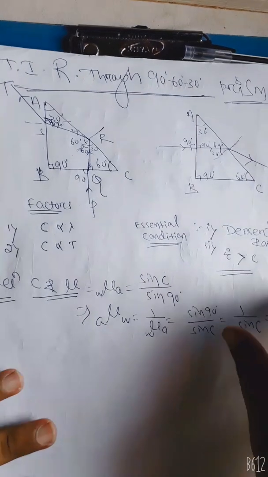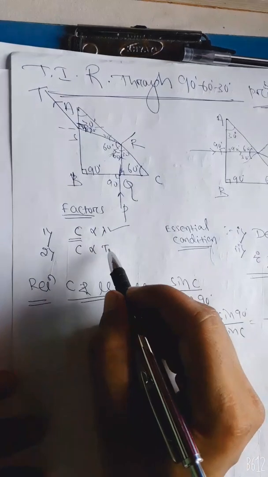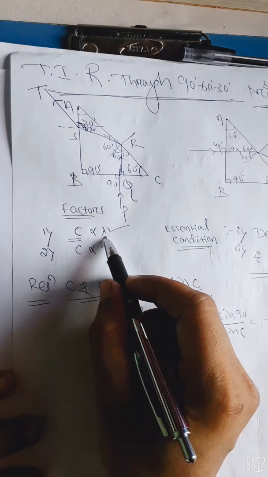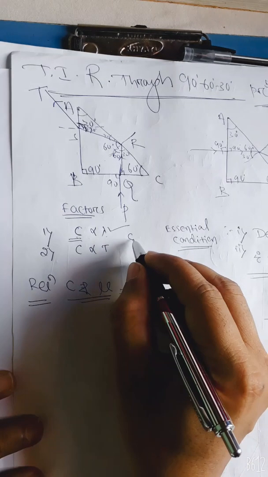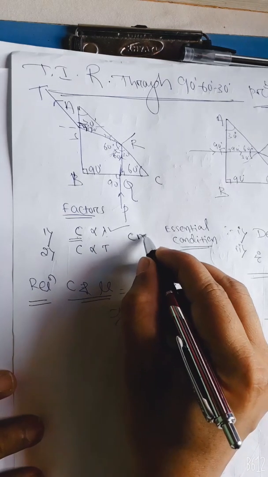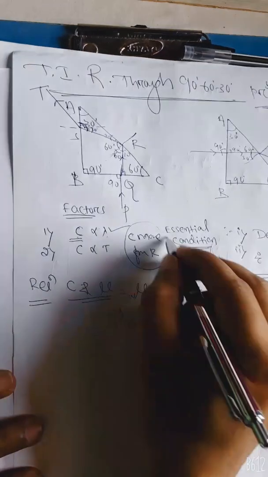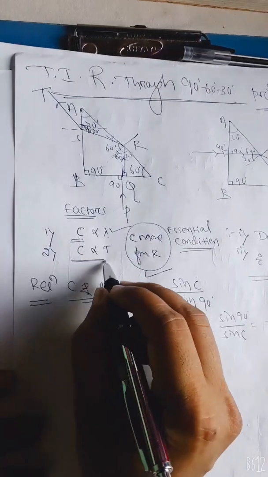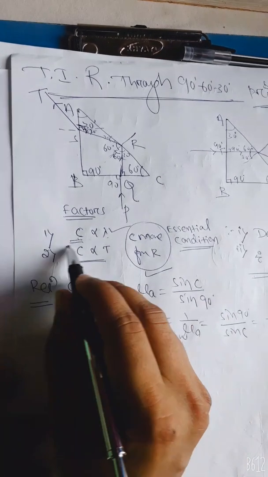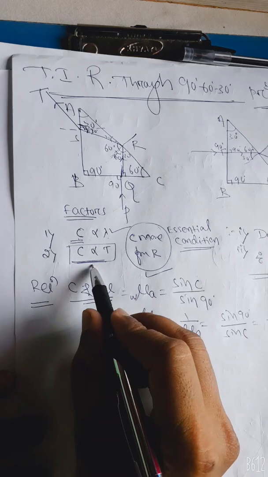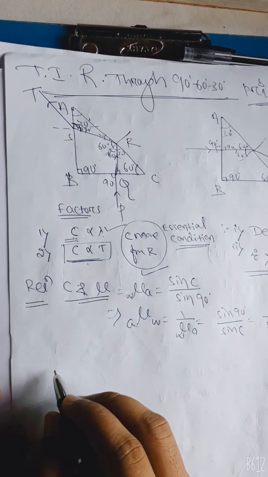Factors affecting the critical angle are: the critical angle is directly proportional to the wavelength of the light ray. As the wavelength of the light ray increases, the critical angle increases. That means the critical angle is more for red light than for violet light, because red light has a greater wavelength. Similarly, the critical angle is also directly proportional to the temperature of the medium, because temperature is inversely proportional to the refractive index. I also want to give you some other examples like